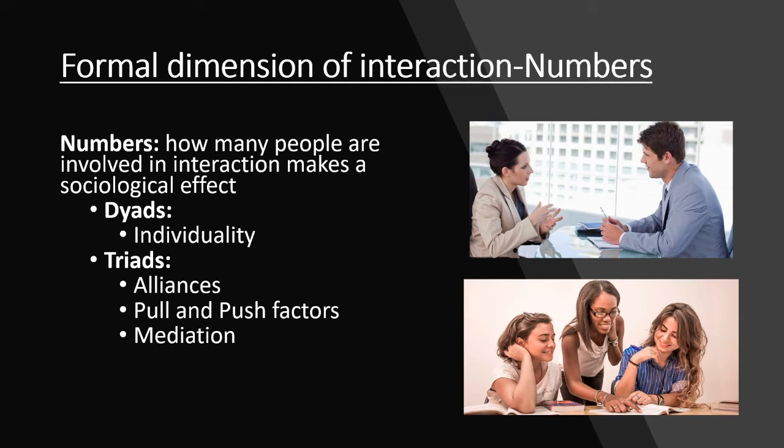Triads is the foundation of all complexities, such as competitions, alliance, and mediation in any groupings in the world, or any groupings that you can see around you, such as politics. You see there are different parties, and so one can join the other, or you can see this from friend groups, right? If there are three people, obviously the third person will be the key attraction point for the other two.